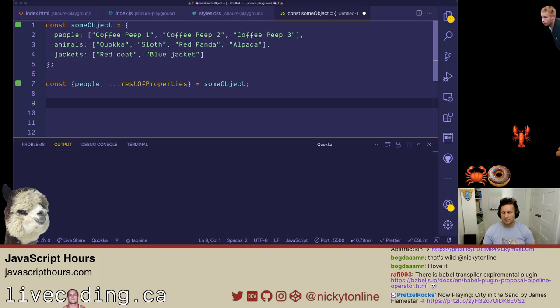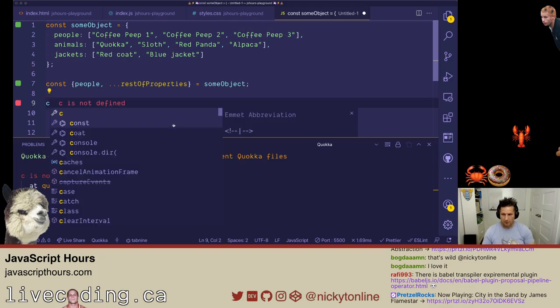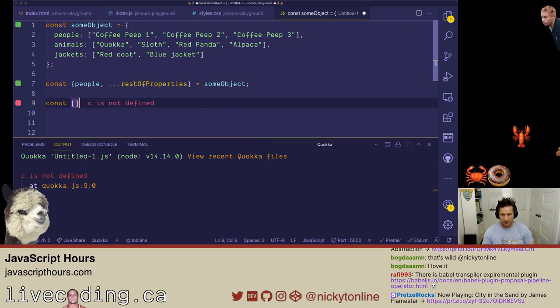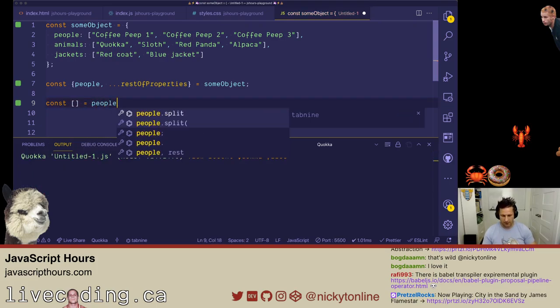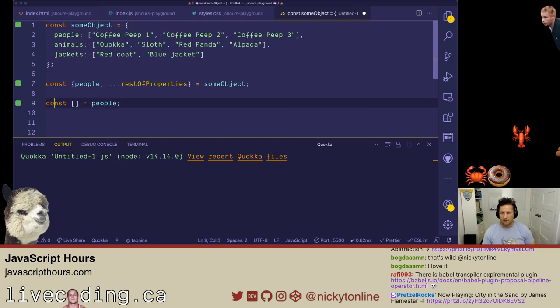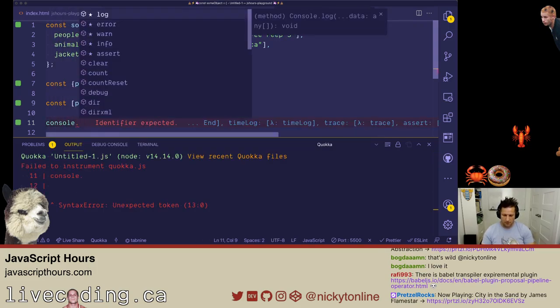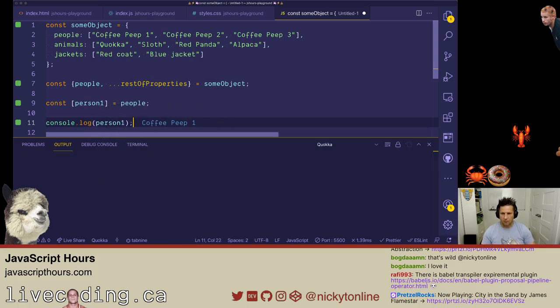So let's go to our people, and if you're not aware, you can also do array destructuring. I think this has gained some more attention recently with the use of hooks in React. We have this people array, and right now I know there are 3 people in there. So I could say person1, and if I do console.log for person1,